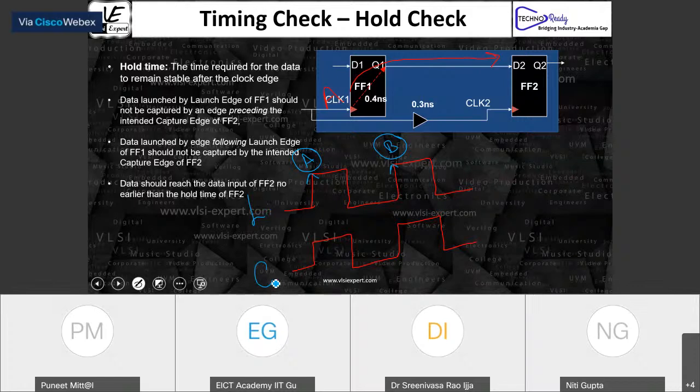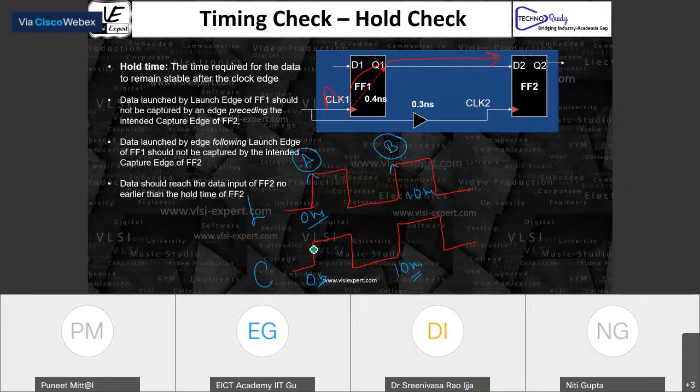Now, obviously, if you launch data at this particular edge, let me mark it as 0 nanosecond. Let me mark this as 10 nanosecond. Here it is again 0 nanosecond, and this is 10 nanosecond. Now pay attention here. If you launch data at 0 nanosecond, then you cannot capture this data at 0 nanosecond.